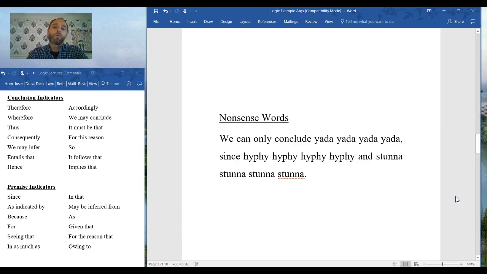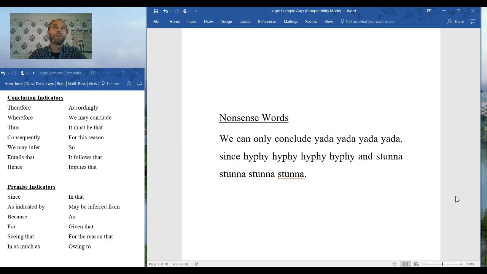All right, so indicator words are really valuable when you're trying to determine the structure of an argument. They're especially handy if, like me, you struggle with some of the advanced vocabulary that you'll often find in your college textbooks, in academic articles, or the examples that you'll find in the test in this class.